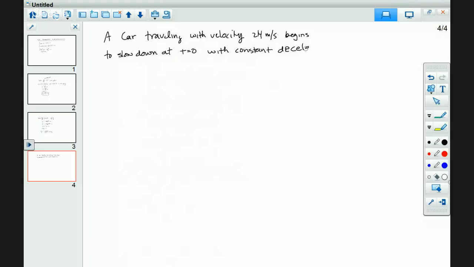Come on, keep up, board. The constant deceleration a equals negative 6 meters per second squared. Find,